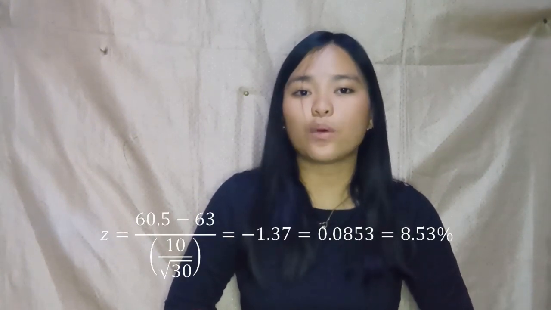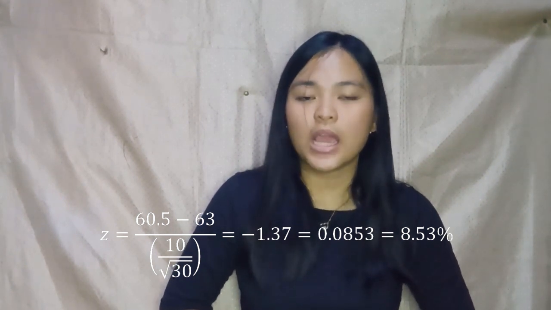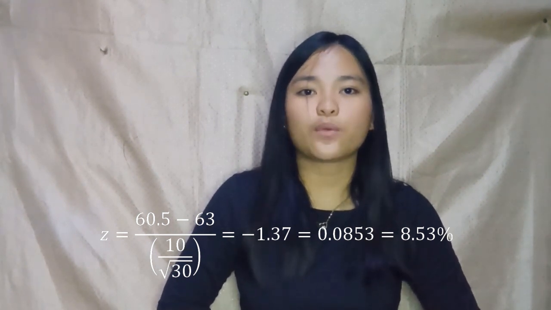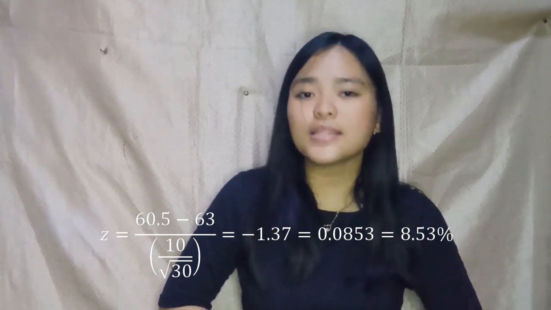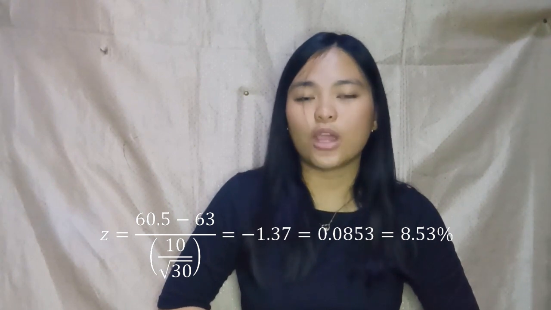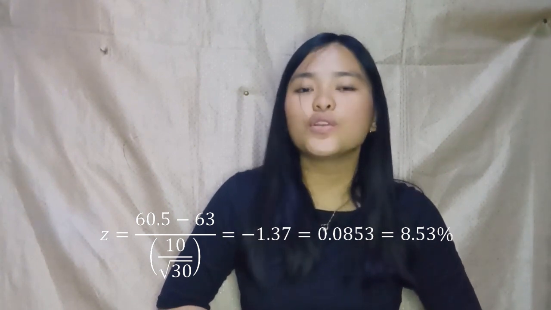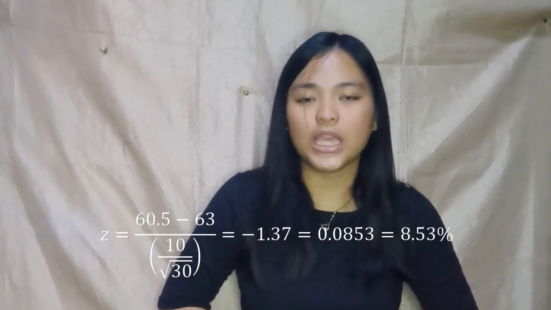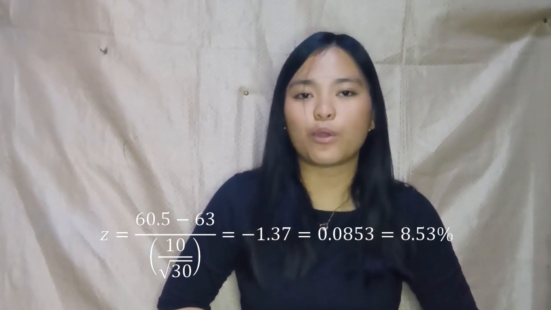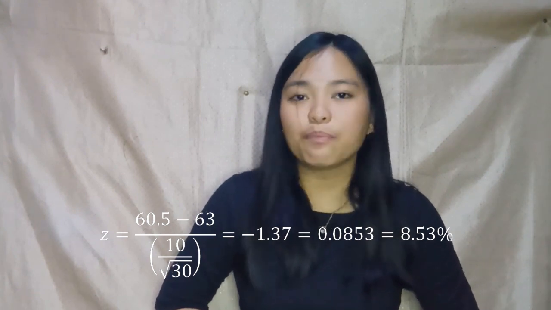We are given 63 as the mean, 10 as the standard deviation, and 30 as the sample size. Substituting for the first problem, z is equal to 60.5 minus 63 all over the 10 over the square root of 30, which is equal to negative 1.37. That is equivalent to 0.0853 or 8.53% using the z table. Therefore, the probability that a random sample size of 30 will have a sample mean less than 60.5 days long is